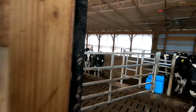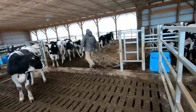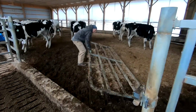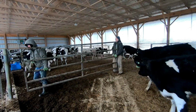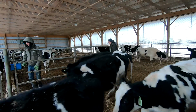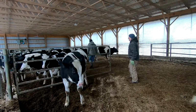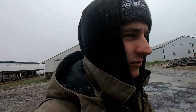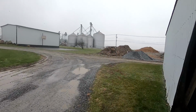We have a little issue in our heifer barn now we have to take care of. They somehow lifted that one gate off there, got them sorted out. My dad's going to grab a ground shovel, something we wanted to do here at the house project before it